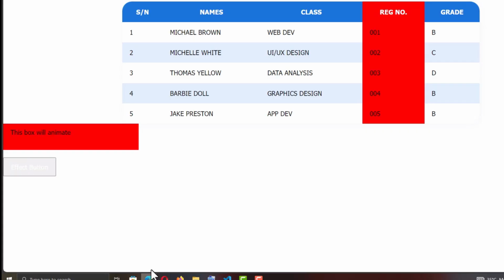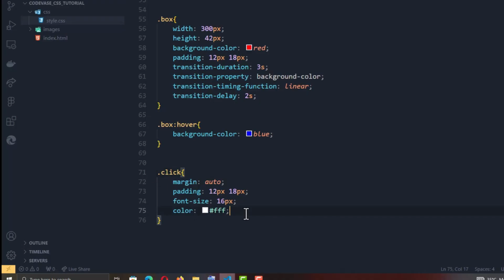That's a mistake I made. Exactly. But I'm not done with this effect button. I'm still going to style it up more. I'm going to give it border,